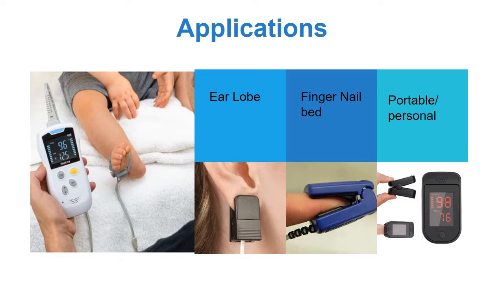For example, if a patient has peripheral cyanosis or peripheral arterial disease and we cannot detect the pulse on the fingernail, we can utilize the pulse oximeter on the earlobe in adults. In the last picture, we can see the portable or personal pulse oximeter. Especially in the pandemic of coronavirus disease, this portable pulse oximeter became very famous among the public. Everybody got one to use at home and monitor their saturation, and once they got low saturations, they visited the hospital. So this is a personalized pulse oximeter.